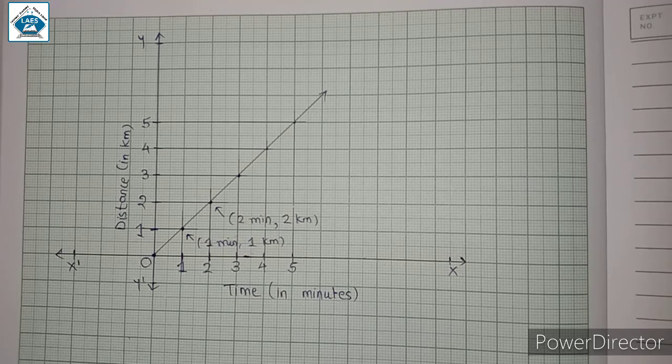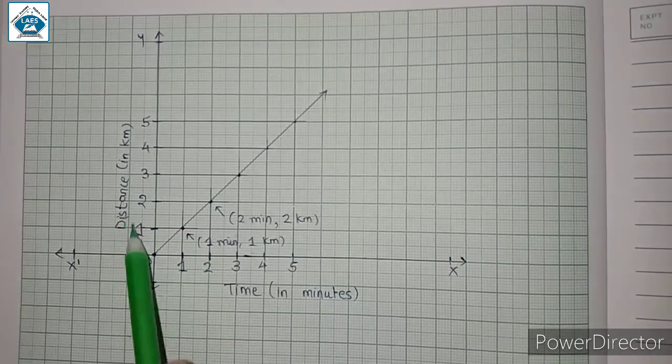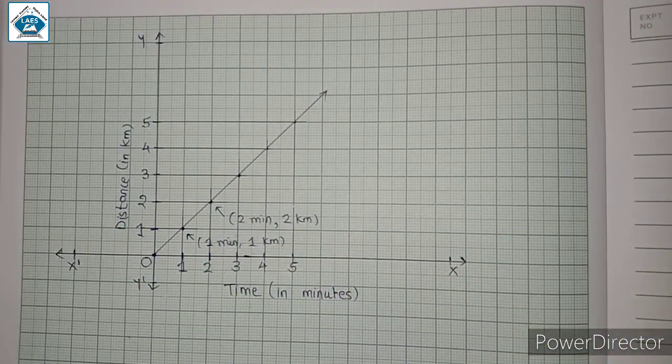यहाँ पर जो speed है वो constant है. ये हम ग्राफ देखकर बता सकते हैं. कैसे बता सकते हैं? अगर जो ग्राफ है यहाँ पर टाइम और डिस्टेंस, तो डिस्टेंस टाइम ग्राफ if it shows a straight line, then that indicates constant speed. However, if the speed is not constant, that is, if the speed of the object keeps changing, the graph can be of any other shape. यानी कि ज़रूरी नहीं है कि वो straight line ही हो. So in this way, we can draw the distance time graph.